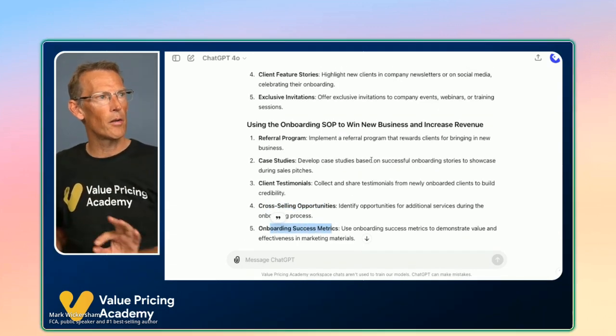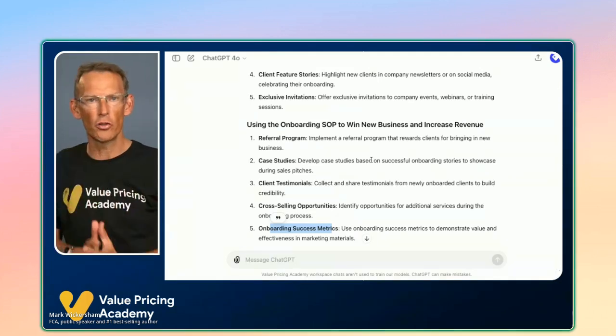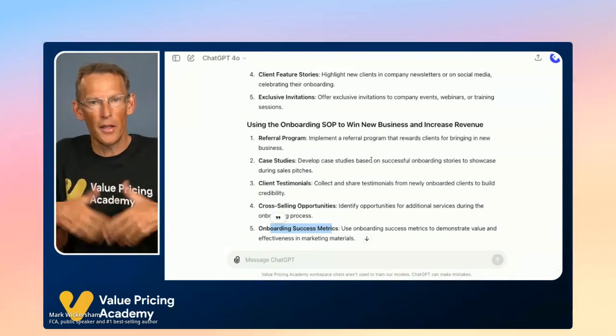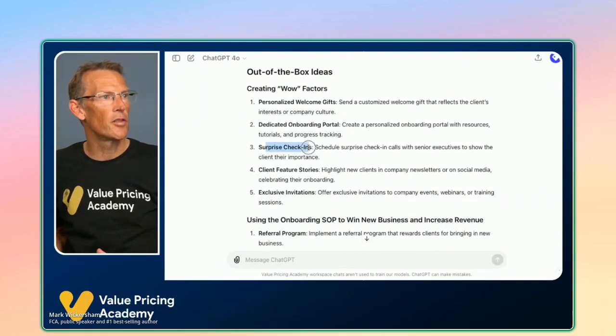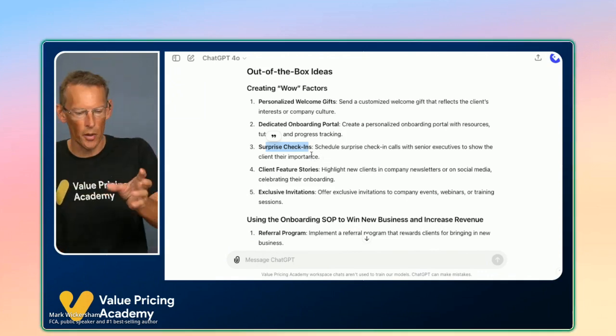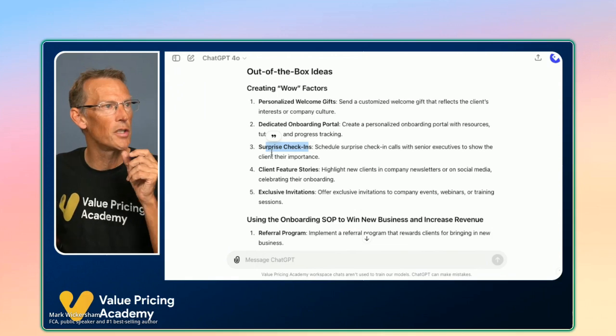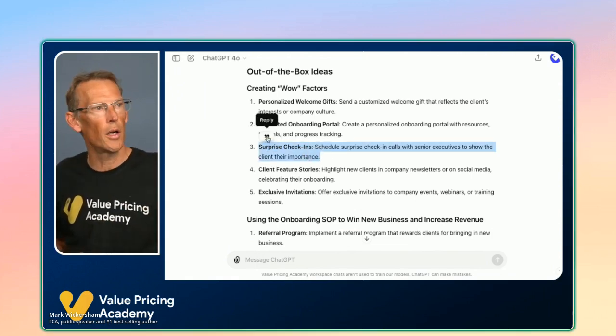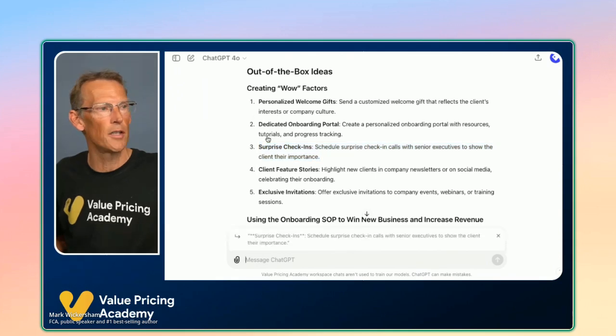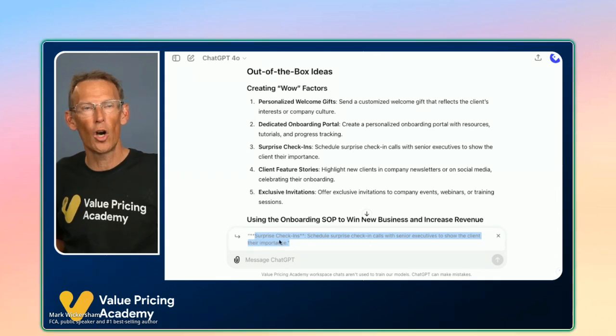And what I love about ChatGPT, unlike traditional search engines, is we can then do follow-up. Think of it as a conversation. So let's imagine that you quite like this idea of the surprise check-ins, but you're not sure you understand it. Well, one of the things we can do, this is a new feature, by the way, most people don't know about this, a new feature in ChatGPT. If you highlight part of its response, it'll put two speech marks above it, which you hit the reply button. What that means is you can do a prompt about that specific thing. And when you click that, it'll then put, I don't know if you can see it, it's copy and pasted it there.